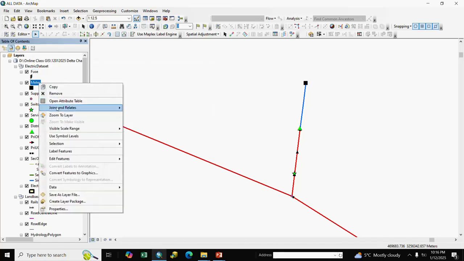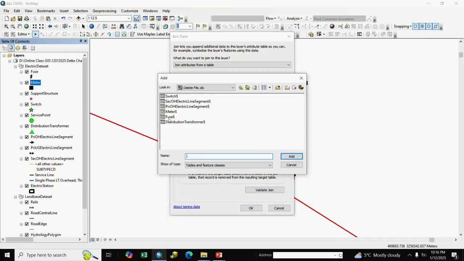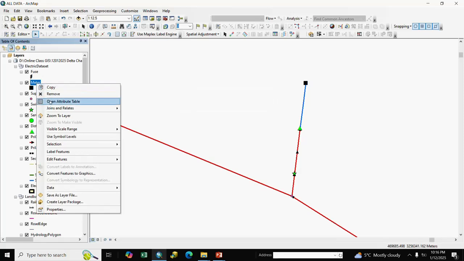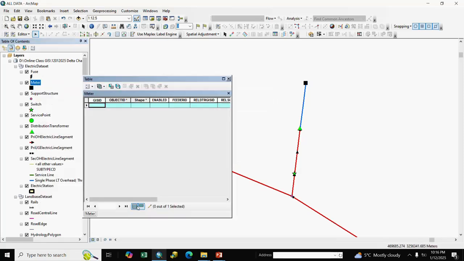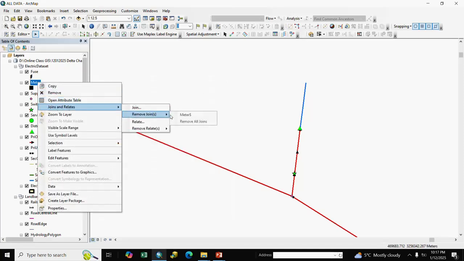Next meter: join, GIS ID, meter, add, keep only matching records, OK. We go to meter, here is one meter, we select it and delete it, and we remove the join Excel.